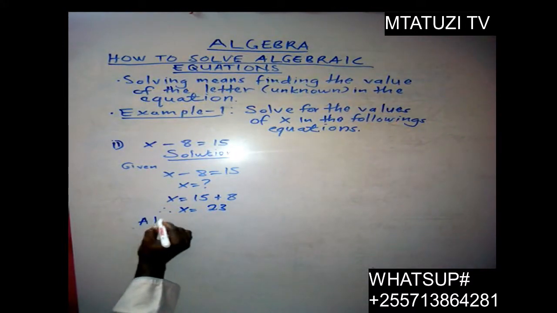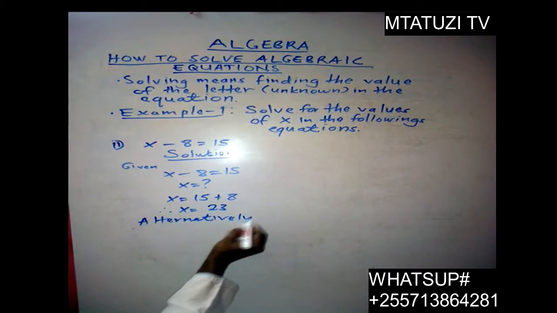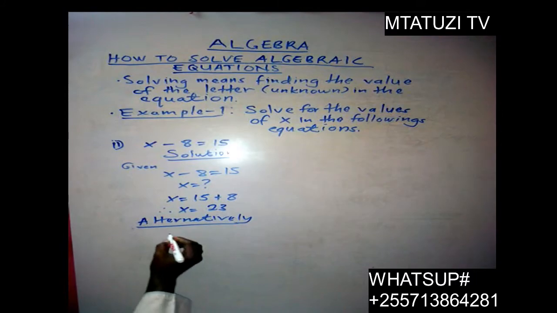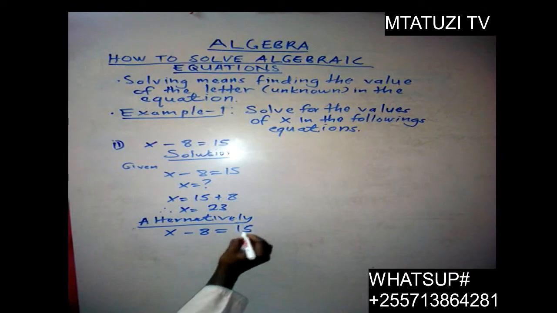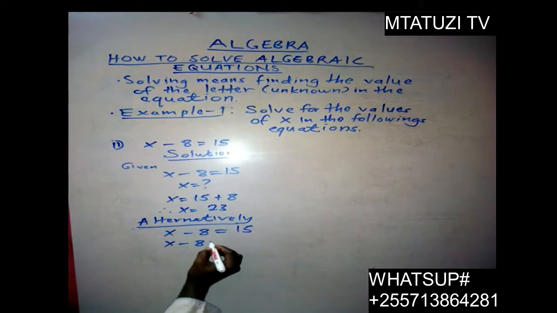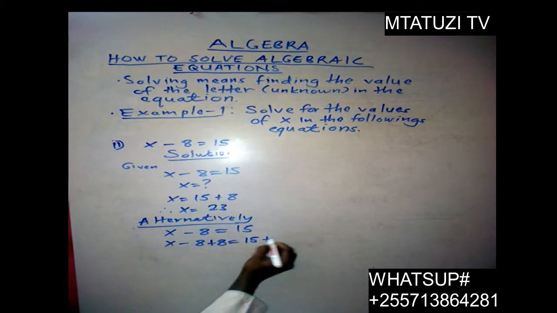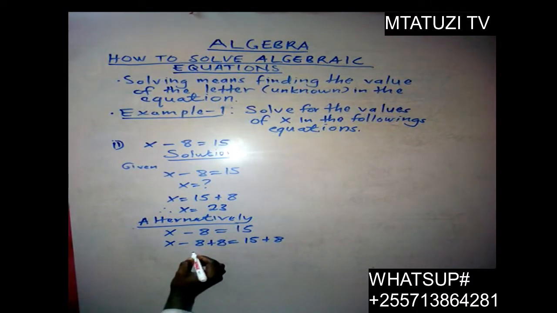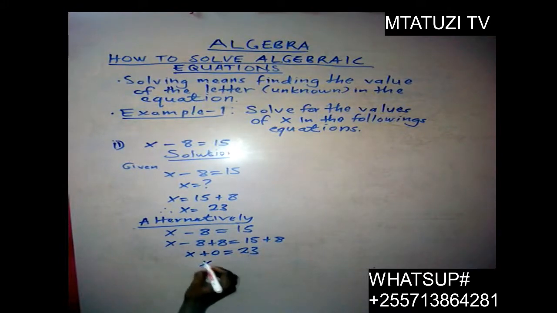Alternatively, you can do it with another method if you want. You get the same answer. So it will be x minus 8 is equal to 15. We have to add 8 on both sides: x minus 8 plus 8 is equal to 15 plus 8. So it will be x plus 0 is equal to 23. So therefore, x is equal to